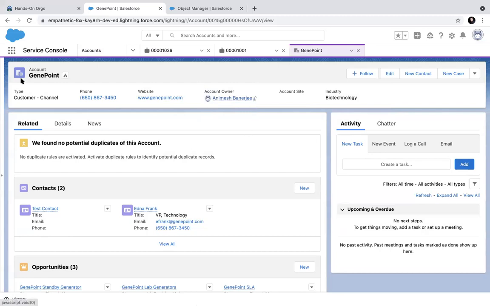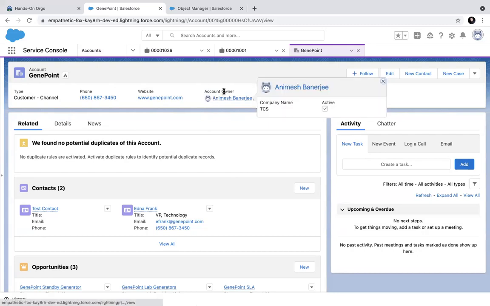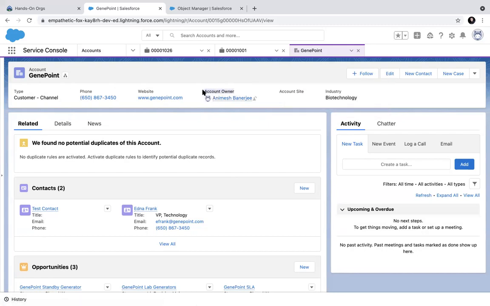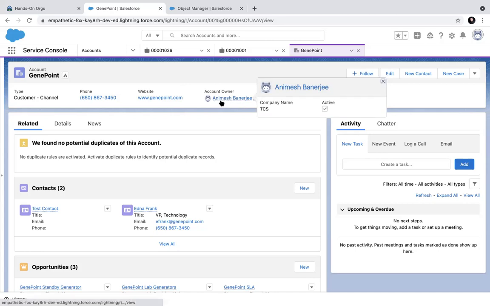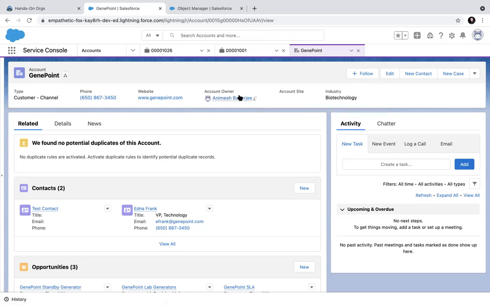If you transfer ownership of this record to some other person, even if you are the creator, you have become a non-owner. In that case, you don't have permission on this record anymore. The owner is the person who actually will control this record. He will have the permission to change everything if the OWD is set to private or read only, right? Very important to understand, the whole security of Salesforce is revolving around this person who is the owner of that record. Every object will have owner record.